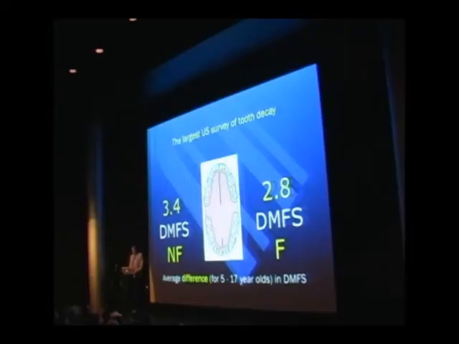If you look at children on the right who'd lived all their lives in a fluoridated community, it was 2.8 decayed, missing, and filled surfaces. If we subtract those two, we see that the magnificent saving of this practice amounts to 0.6 of 1 tooth surface out of 128 tooth surfaces by the time all the teeth have erupted in a child's mouth. Now bear that in mind, that all the angst on fluoridation, all the concerns about the health effects, which I'm going to talk about later, are all going to happen in order to achieve a magnificent saving of 0.6 of